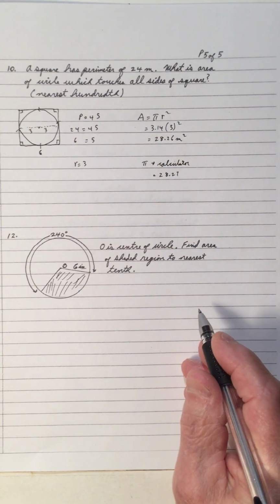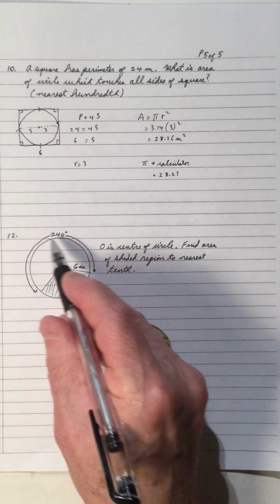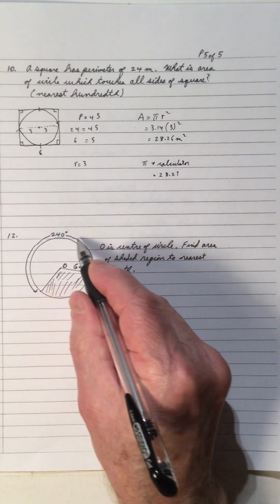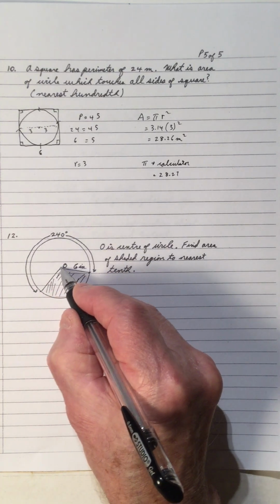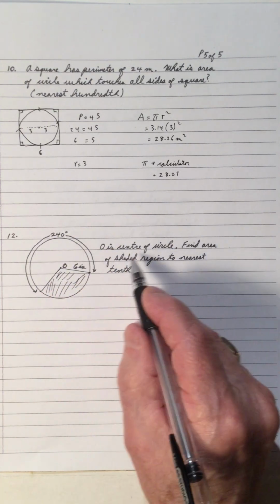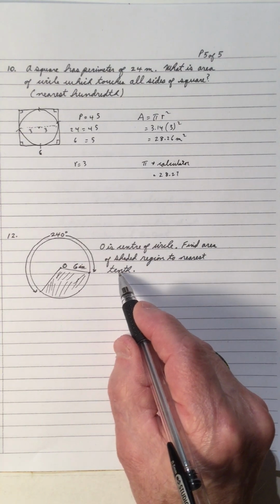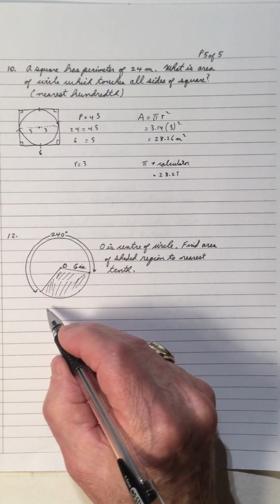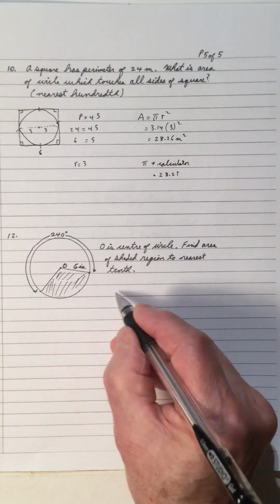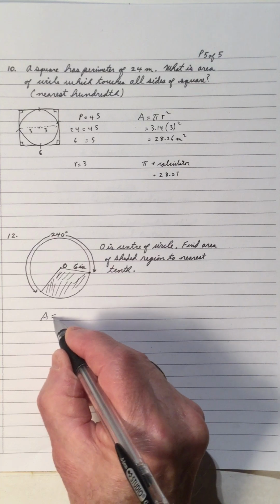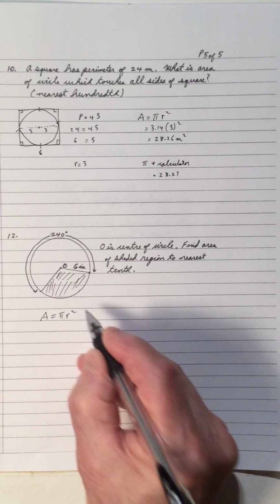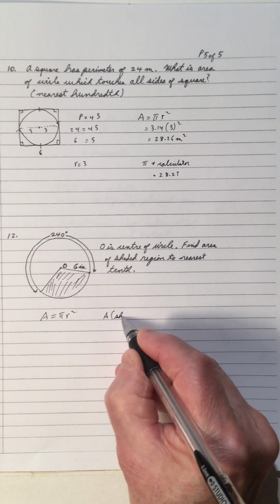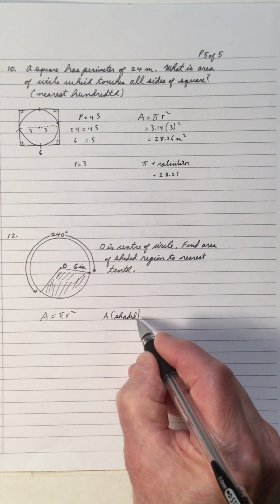So check it out. Number 12, we have a circle, we have an arc from here to here, and that's 240 degrees. We always have the center of the circle. Find the area of the shaded region to the nearest tenth. So the area of a circle is pi r squared. So the area of the shaded region is